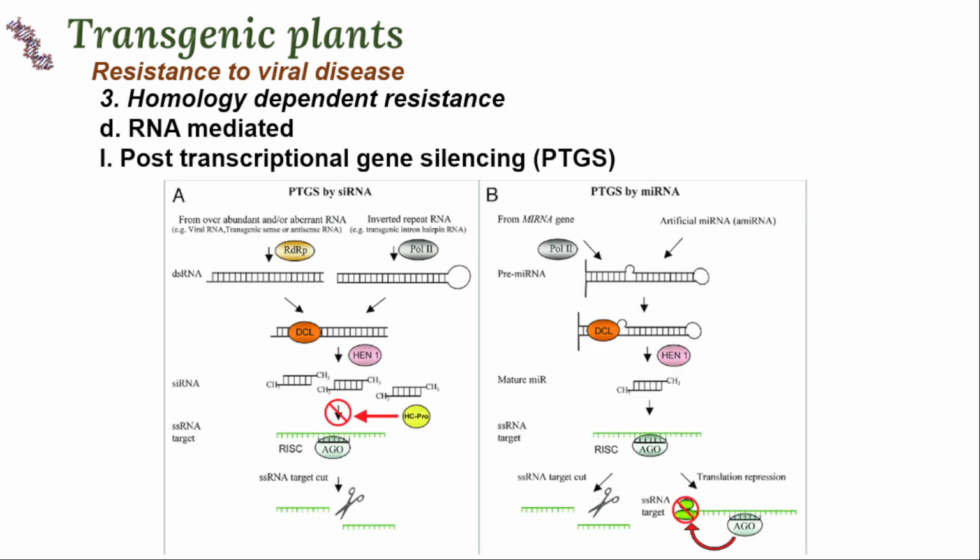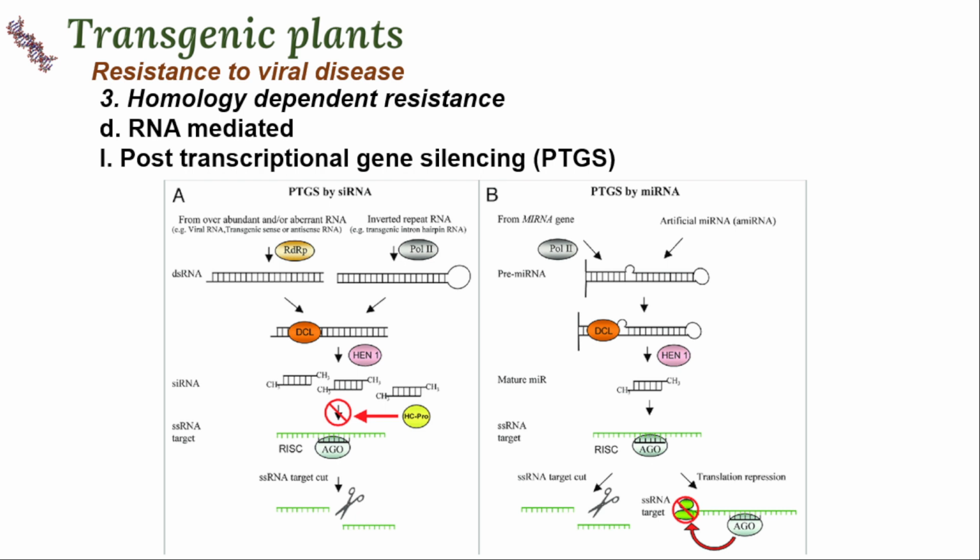Next methodology is called RNA mediated type of viral resistance. This is the second method with respect to homology dependent resistance. So if you observe that whenever RNA enters, what happens? Different proteins will recognize this, and then will stop the transcription. Before the transcription only, whatever double-strand DNA or single-strand DNA or mRNA of the virus will be neutralized because of the proteins which are associated in formation of RISC complex. So Dicer will recognize, and then along with that, some other proteins will recognize that, and help in stopping